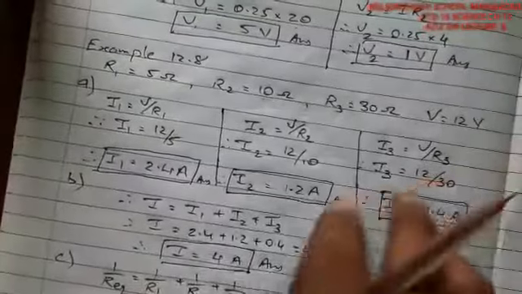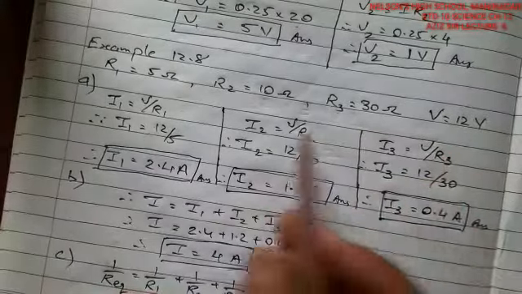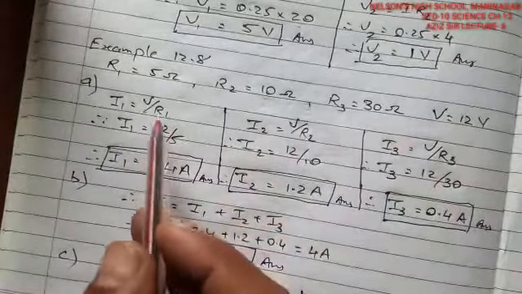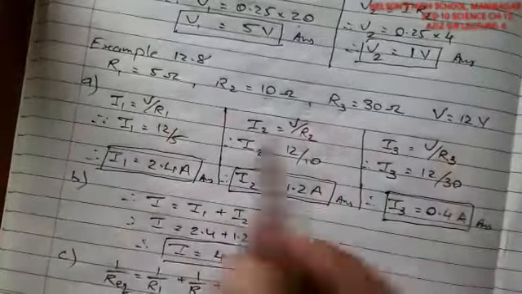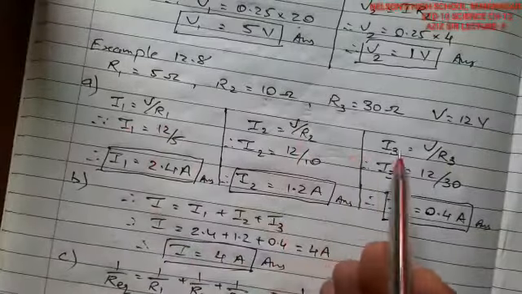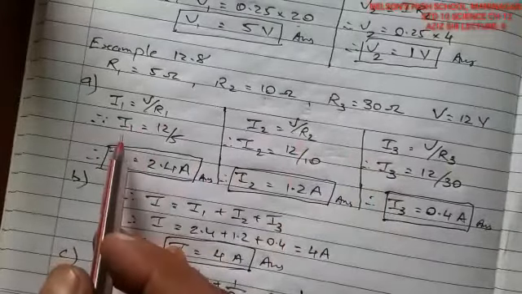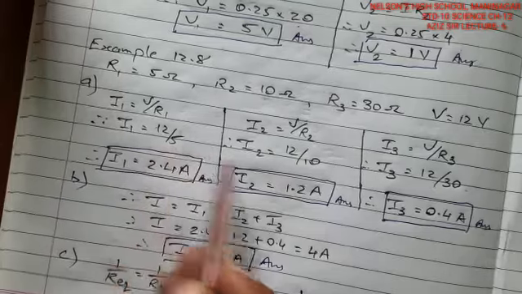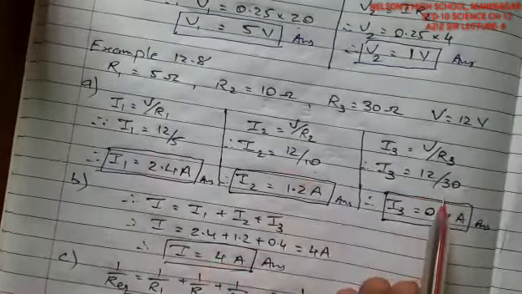In 12.8, we are seeing that the resistance R1 is 5, R2 is 10 and R3 is given as 30 ohms. So in 12 volt, for I1, I2 and I3, the formula is V upon R1, V upon R2 and V upon R3, because in a parallel circuit voltage remains constant. We have learned before. So I1 is equal to 12 volt, which will be the same in all, but the resistances are going to change. So in R1 it will be 5, in R2 it will be 10 and in R3 it will be 30.